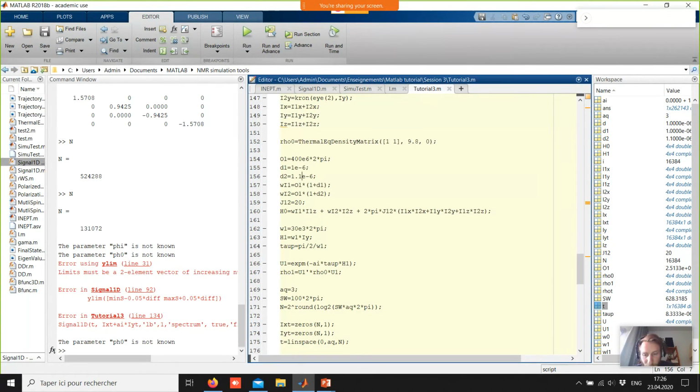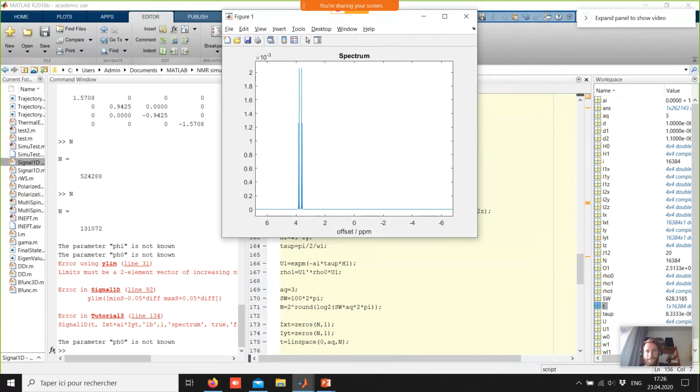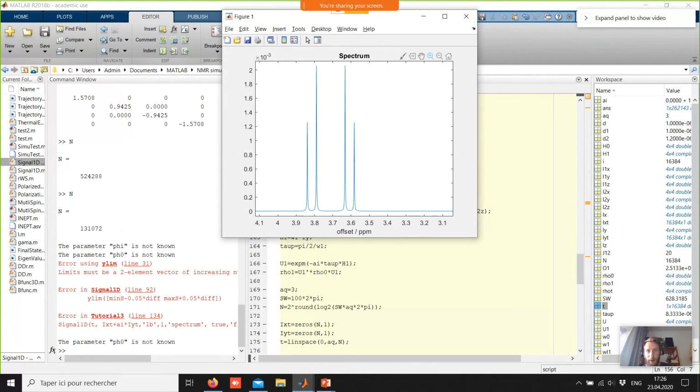Let's play a little bit more with the numbers, which will be clearer. Yeah, so here we properly see the doublet 1 and the doublet 2,